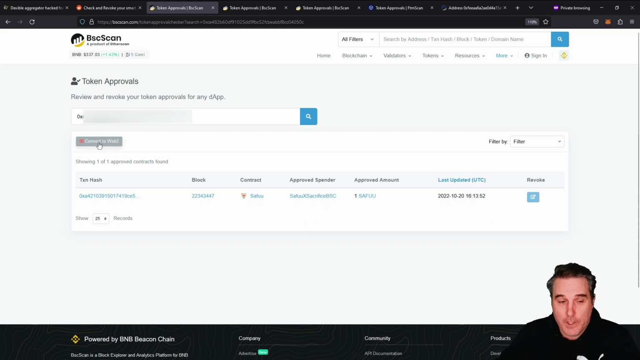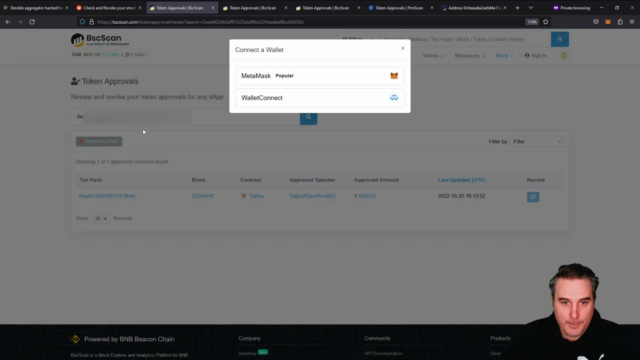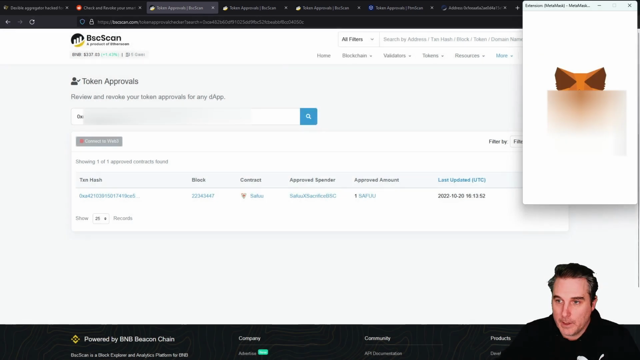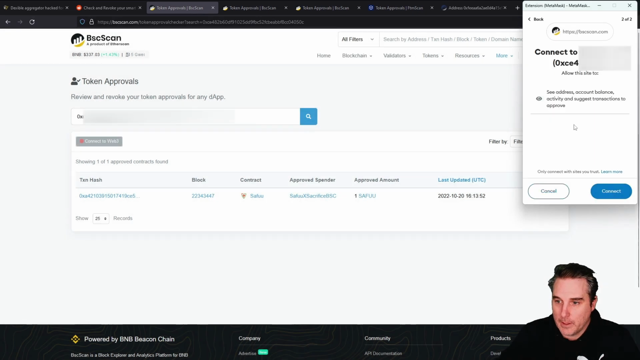But you're going to click on connect to Web3. I'm okay because this is bscscan.com. I'm going to click on MetaMask here, and I'm going to click approve. Now, another couple of tips here is not just for this, but when you're